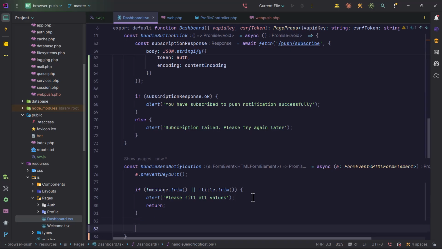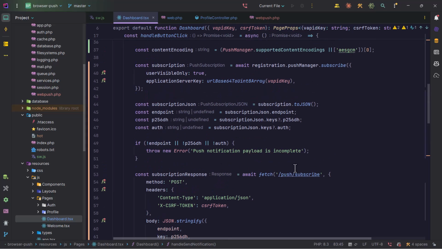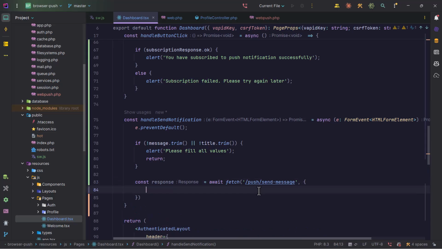Now let's now handle the form submission itself. So const response is equal to await. I'm going to use fetch API to push. Let me just say I use push/subscribe here, right? Yes, okay. So let me just say push/send-message. Okay, so in there I'm going to have the method of POST,